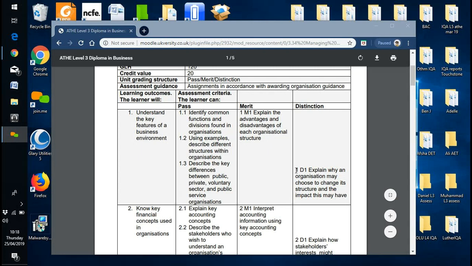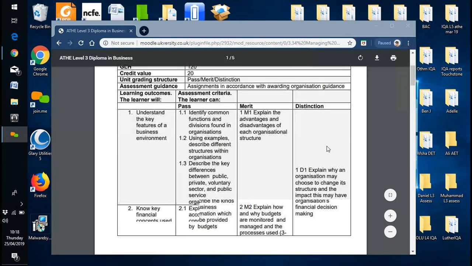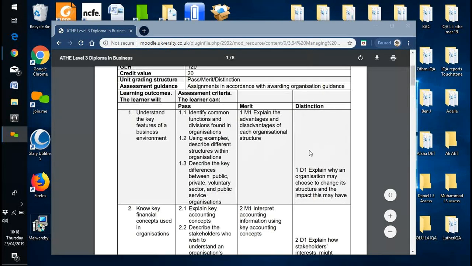So it all follows one straight on from the other on this one. Sometimes I feel the merit and distinction don't completely follow the pass, but in this case they do, because it's asking you to do something here which you can then expand on here and expand on there. So there's quite a bit in LO1. So what we'll do is we'll have a look at the different functions and divisions, but what I wanted